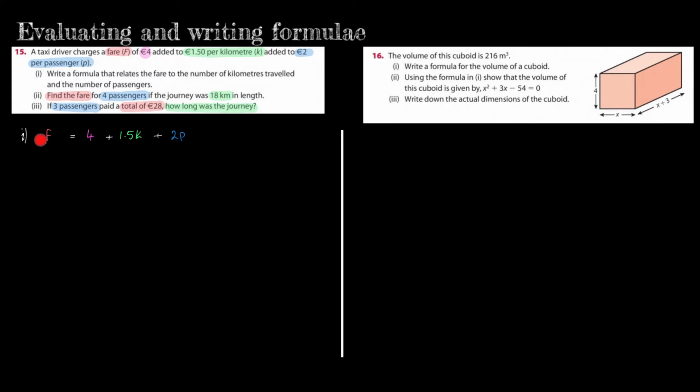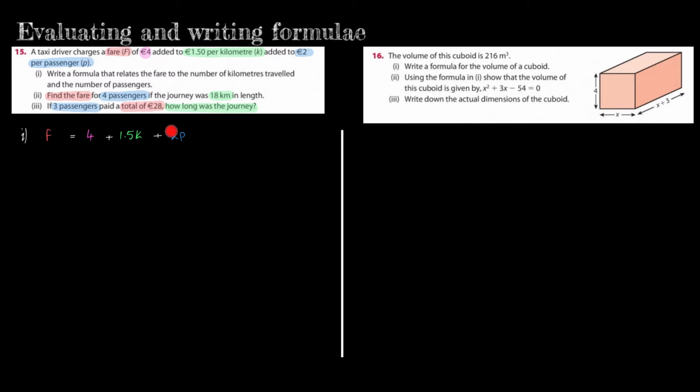So the fare is going to be €4 plus €1.50 per kilometre. So if he does 1 kilometre, he'll get 1 times 1.50. If he does 3 kilometres, it'll be 3 times 1.50. If it's 5 kilometres, it'd be 5 times 1.50. So you can see there why that has to be 1.5 times k, plus €2 per passenger, and the passengers